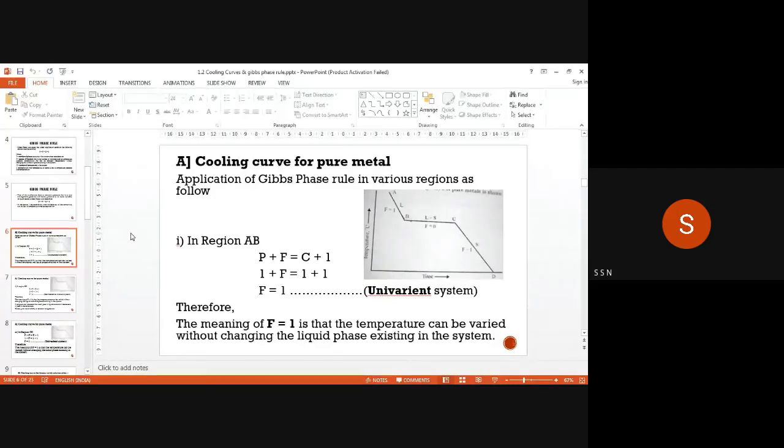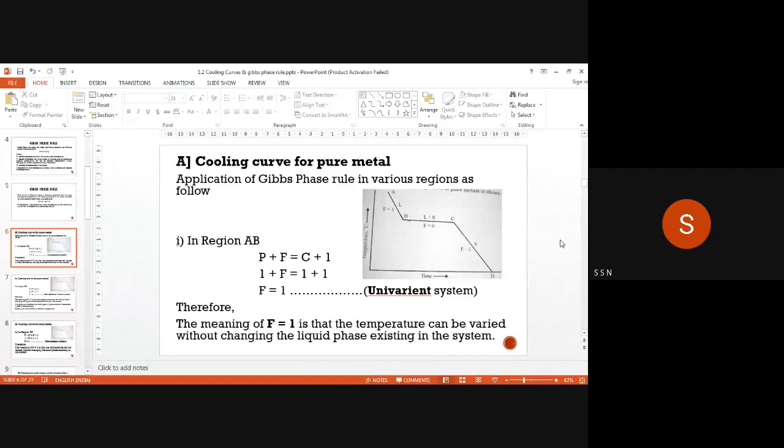If you drop an ice cube into the water in a glass, what is there? In the glass, water is in the form of liquid as well as in the form of solid, isn't it? And those two phases are different phases. Although both are water only, they are called different phases, because water is present inside the glass as liquid as well as solid. The same thing is there at this B to C point. The phase of that metal is liquid as well as solid.